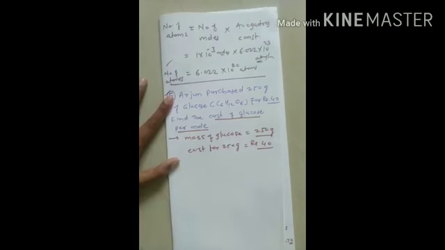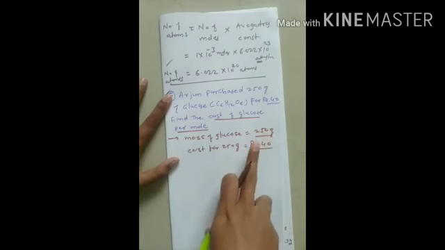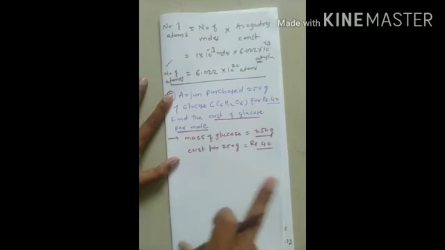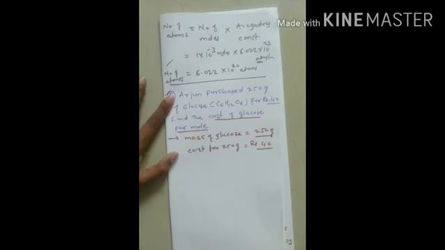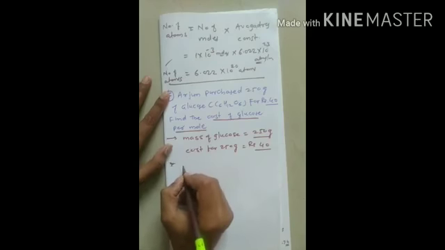So the first step is to calculate the number of moles contained in 250 gram. As we all know, number of moles is the ratio of the mass of glucose to the molar mass of glucose. So in order to calculate the molar mass, we must first calculate the molecular mass. What is the difference between molecular mass and molar mass? Molecular mass is in atomic mass unit, and molar mass is in gram per mole. So first we calculate the molecular mass.